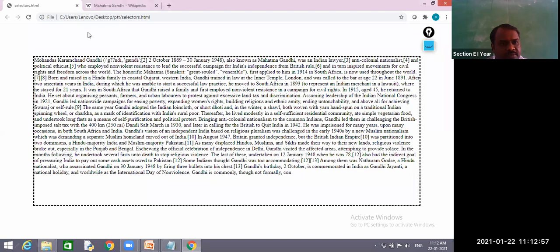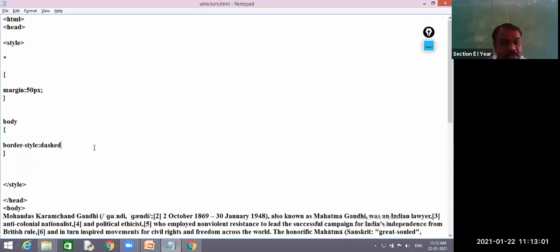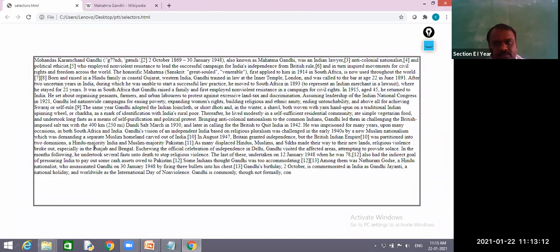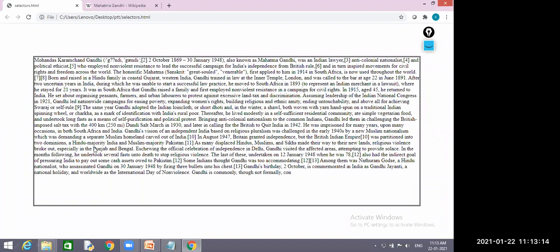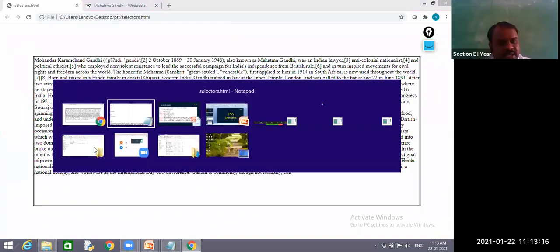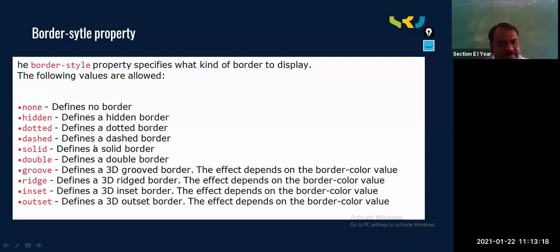So in place of these dots you can find double solid lines, double. So can you see this double line? Yes, sir.